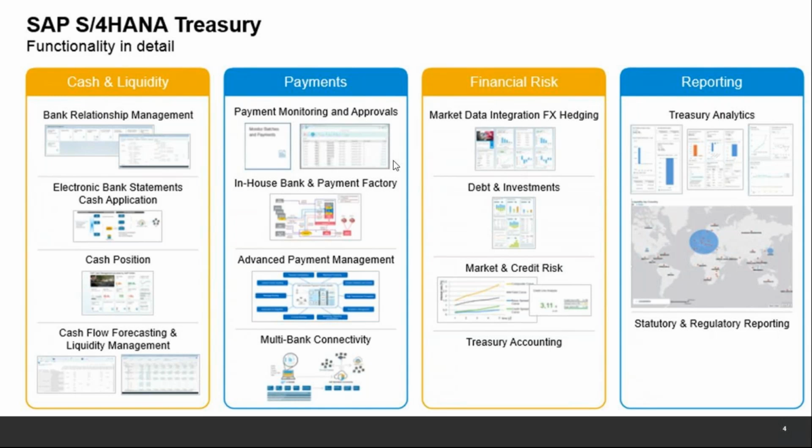The credit risk analyzer is a very important analyzer right now. If I talk about it from the implementation point of view, not many people use the market and credit risk analyzer, especially the market risk analyzer. It requires a lot of data to be integrated with the system, the real market data from Bloomberg, and the system calculates the volatility and correlations and gives you an idea, if the market data changes, what is the impact on your foreign exchange or your investments in the company or your receivables, payables, everything.